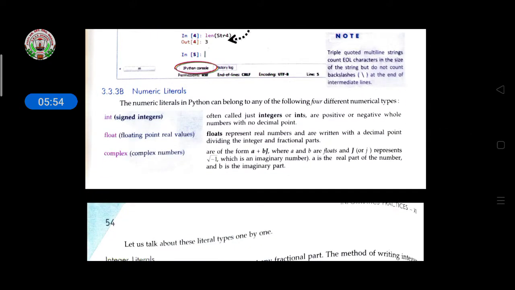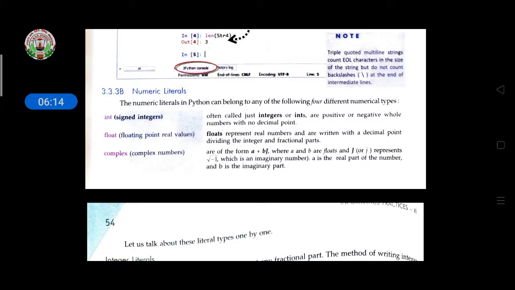Then come to numeric literals. Numeric literals have different types: integer, floating, and complex. Integer means a positive or negative whole number with no decimal point.